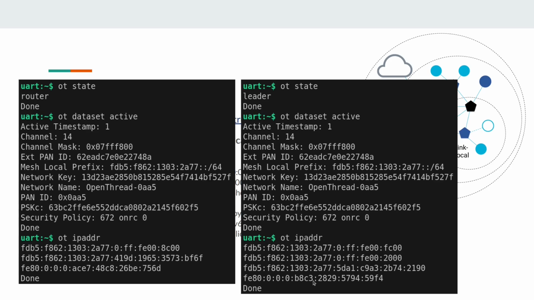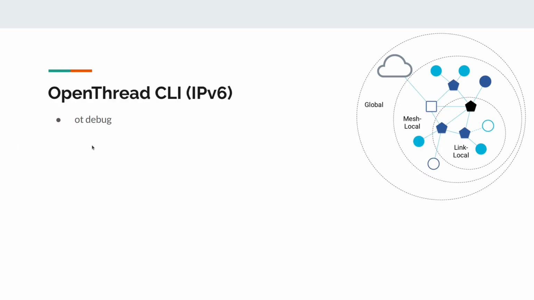The link local address, the last part usually comes from the extended address of the device, and the extended address, you can think of it as like a MAC address of this device. I will show you how to see that in the next slide as well. And then you have the other three addresses here. So if you go to the next slide, there is one thing which I wanted to show you, a utility called OT-debug, and it prints a lot of information on the screen,